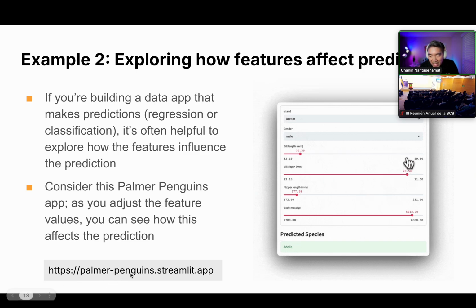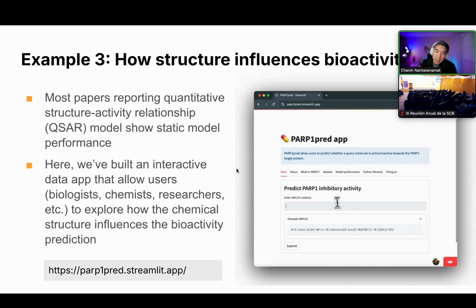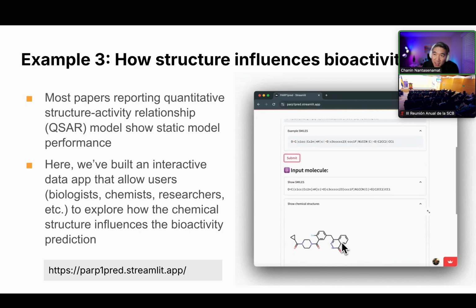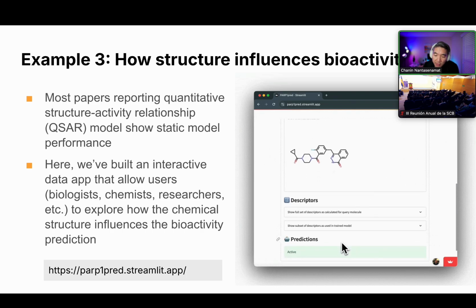You go to palmer-penguin.streamlit.app. And yeah, I think this was pretty much the last research article that I've published with my colleague before I left academia. So it was like 2001, and then we submitted the paper. I think it was like 2002. So yeah, I left academia in